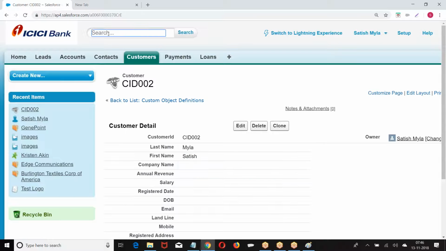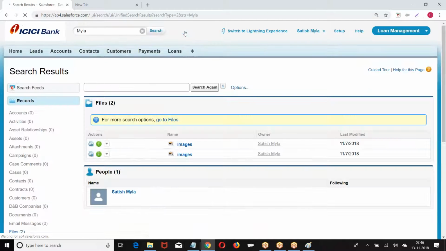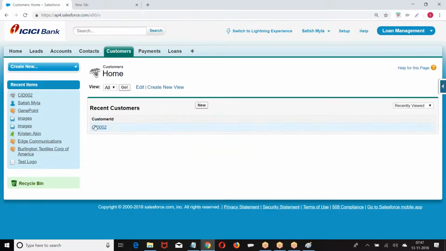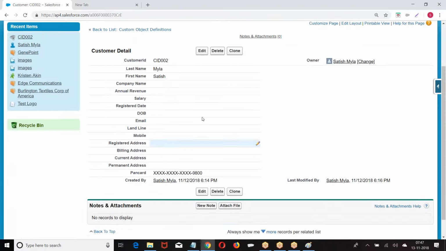Now, I can use this data for searching. When I give Mahila, now they are giving me a search operation. I have the option to search based on this. We are getting the records based on this. Are you getting my point? So I am able to search based on this. Can I search data based on this field?